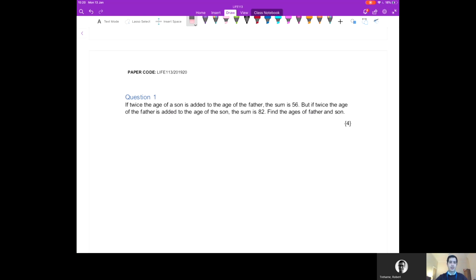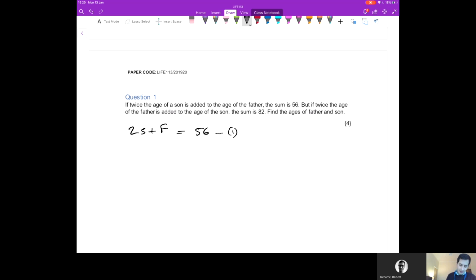Let me just find my solution sheets to check. Okay, so let's read it out. If twice the age of a son is added to the age of the father, the sum is 56. That's equation number 1. Twice the age of the son plus the age of the father is equal to 56. That's equation 1. And then equation 2,